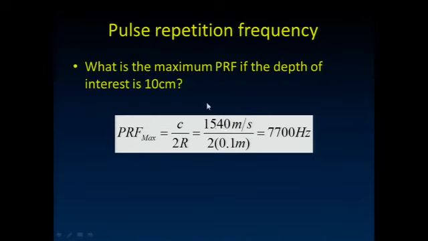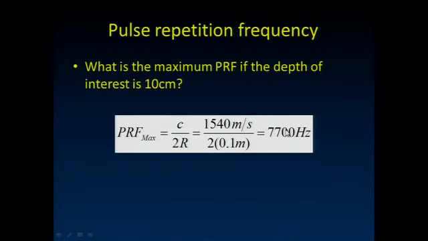Well, here's our value for c, that 1,540 meters per second. Remember, if you want to go 10 centimeters deep, that's 1/10 of a meter, so we'll get those in the same units. I've got to give enough time for the sound to travel 10 centimeters into the tissue and the echo to travel 10 centimeters back. So we've got a factor of 2 here to multiply by that distance. So my pulse repetition frequency is